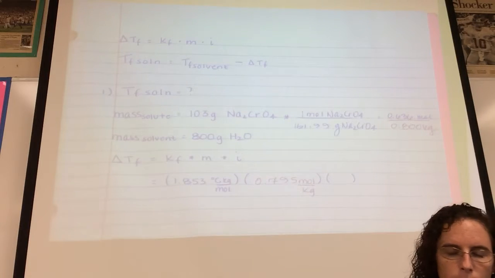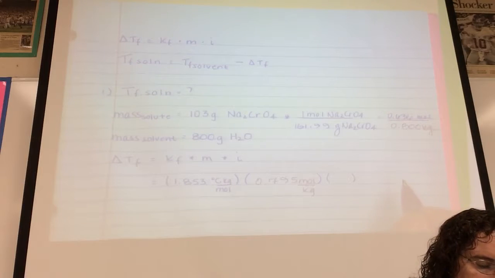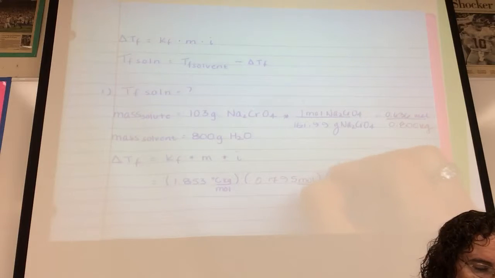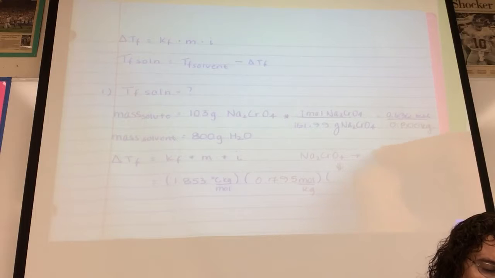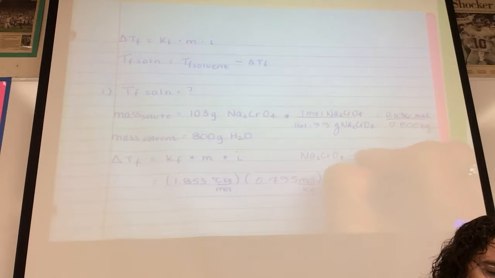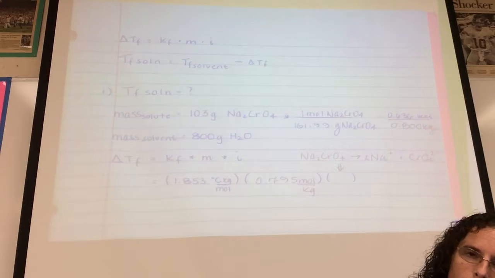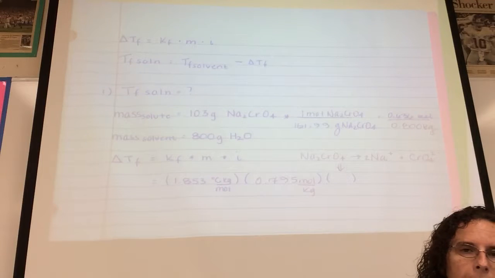And then the last part of the formula is i. Do we use the solute or solvent to figure out i? Solute. So you take the solute and you write a dissociation reaction. So you dissolve it in water to generate ions. And then you balance it. i is equal to the sum of the coefficients of ions. That's the number of particles. So i is